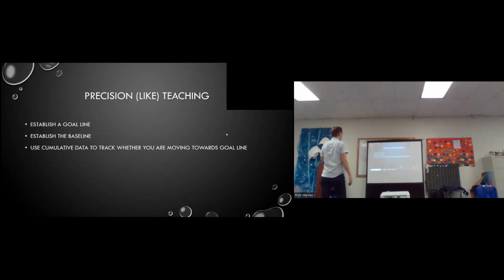So I decide where I want to go. So I want Lindsay to be able to tact 20 things in 1 minute based on my research and her age and all those kinds of things. Okay, so that's my aim line. I establish the baselines, or they're both kind of coupled, right? So I'm like, okay, how many can she do now, right? So now I know where I am and where I want to go. And then I'm going to use cumulative data, right, to see if she's moving towards that goal, right?